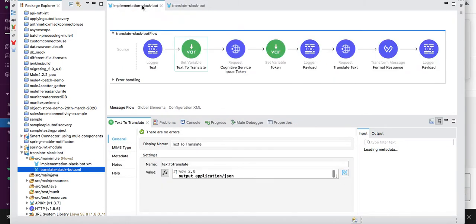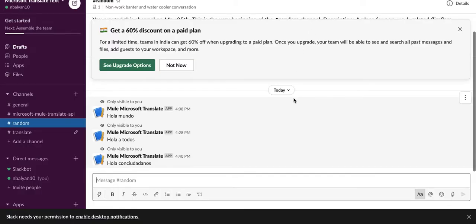So this is my implementation. In the implementation part, what I did, I collected the request from the Slack API and then sent it to the Azure web service, and the Azure service converted the English text to Spanish text for me, and then I'm sending it back to the Slack application. So this is my Slack application where the text is being converted,